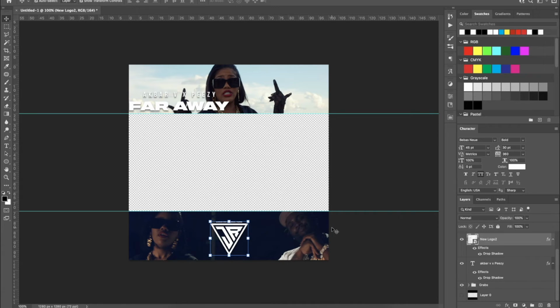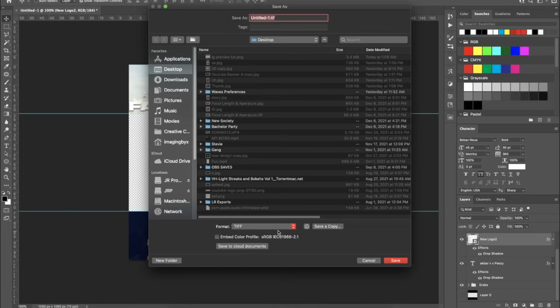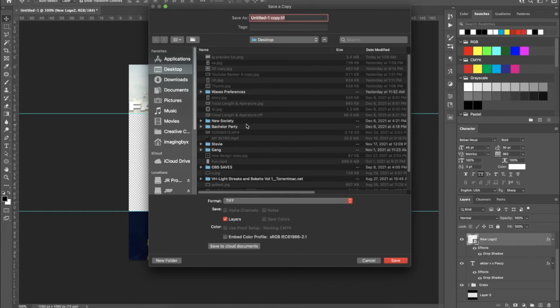All right, man. So boom. Now here's the important part, because a lot of times people will get messed up on this too. They be like, why is my background not like it looks in Photoshop? Well, what you want to do is save it as